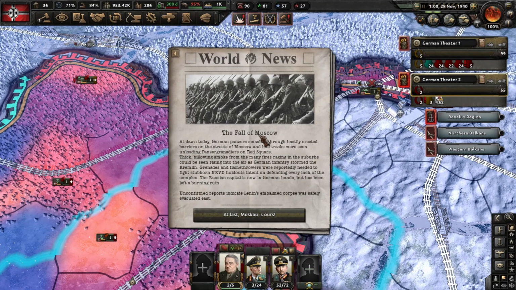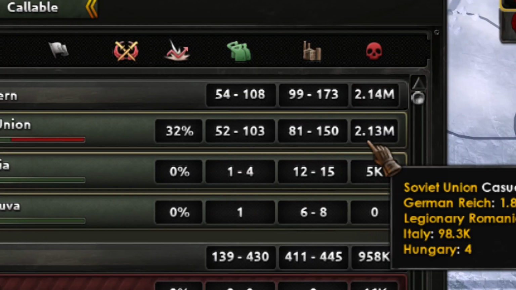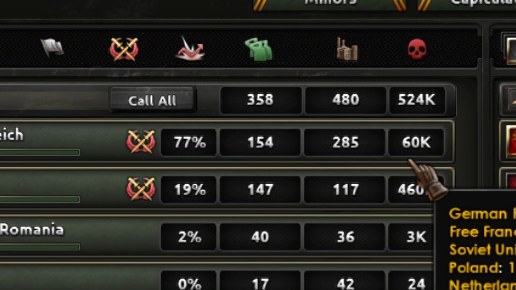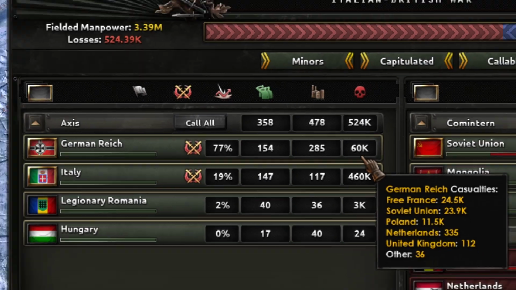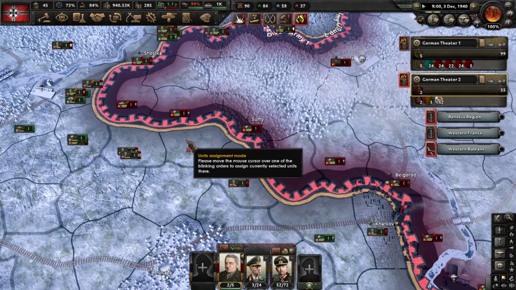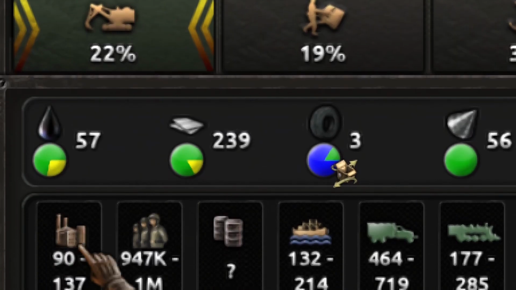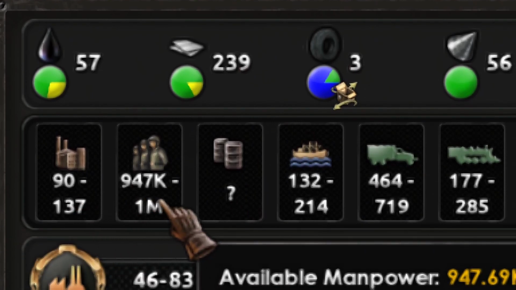And finally, the capture of Moscow. And the casualties: 2.3 million Soviets and Germans. All the war casualties, 60,000 from Poland, France and the Soviet Union invasion. And the Soviet Union still has resources. They are short on fuel and rubber, but they have 90 factories and almost 1 million men left, unless they